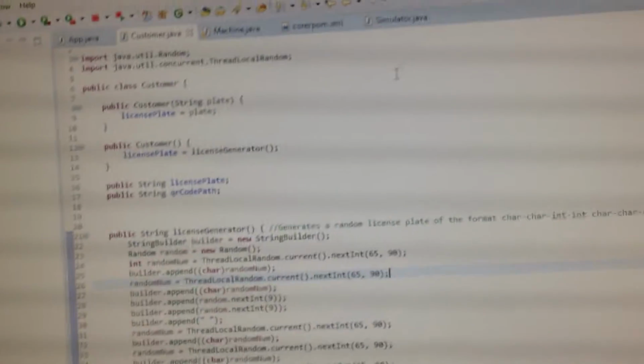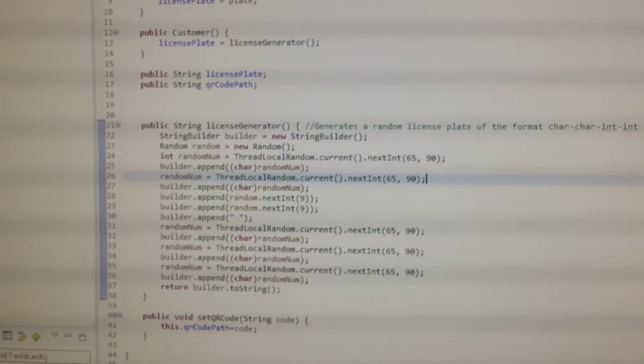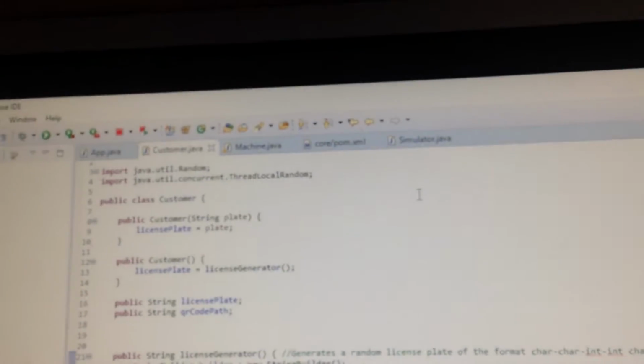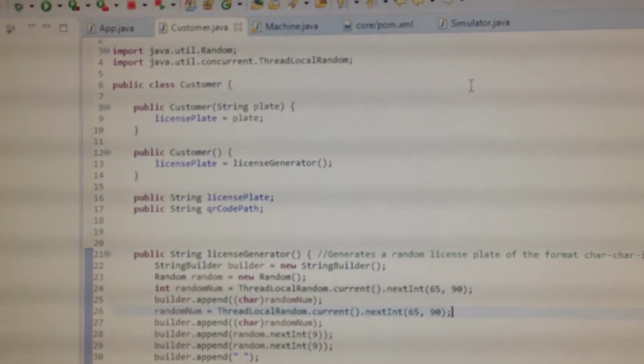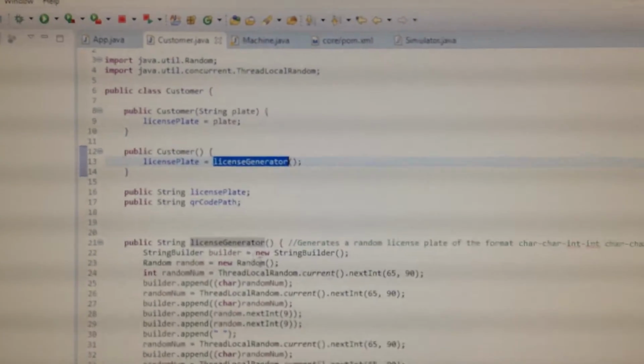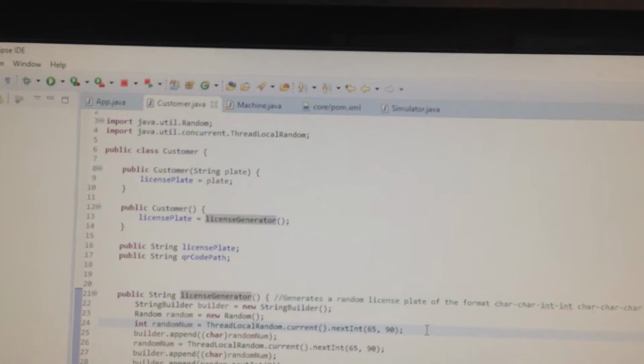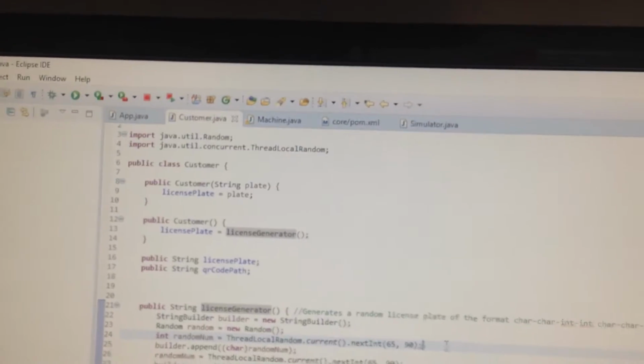So here's customer, and all it really does is it has a file path to its QR code, and it generates a random license plate in the constructor. Generally in the constructor you can add custom customers, but I don't have to do that very often. So basically it just creates a new license plate using this method, license generator, which essentially generates a bunch of capital alphabetic letters,